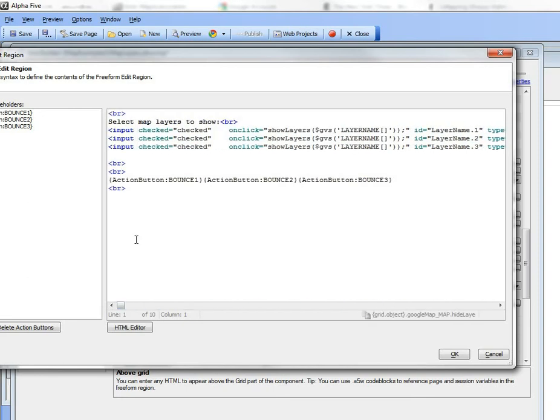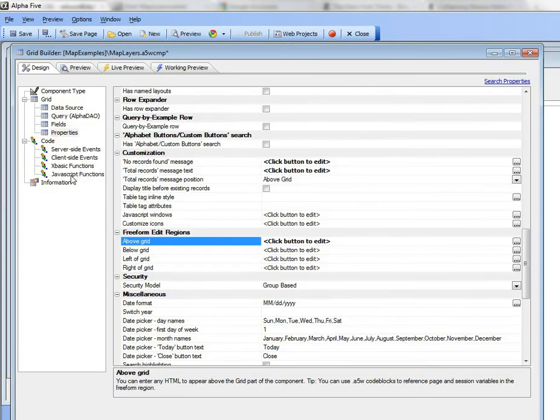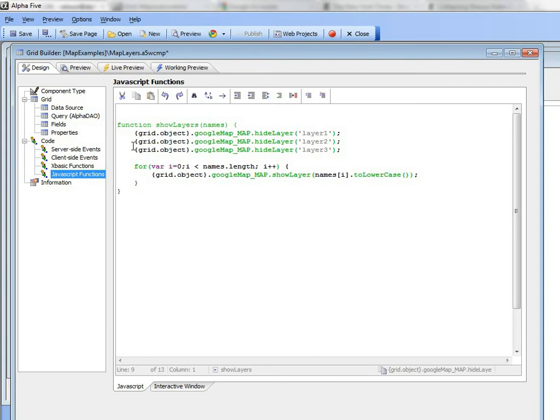And then when the user clicks in the checkbox, we're calling a JavaScript function that we've defined in the JavaScript function declaration section called show layers, and we're passing into that the list of checkboxes that are currently checked. So let's go now and look at the code in this JavaScript function called show layers, and you can see here that what we're doing is when you check on one of those items,